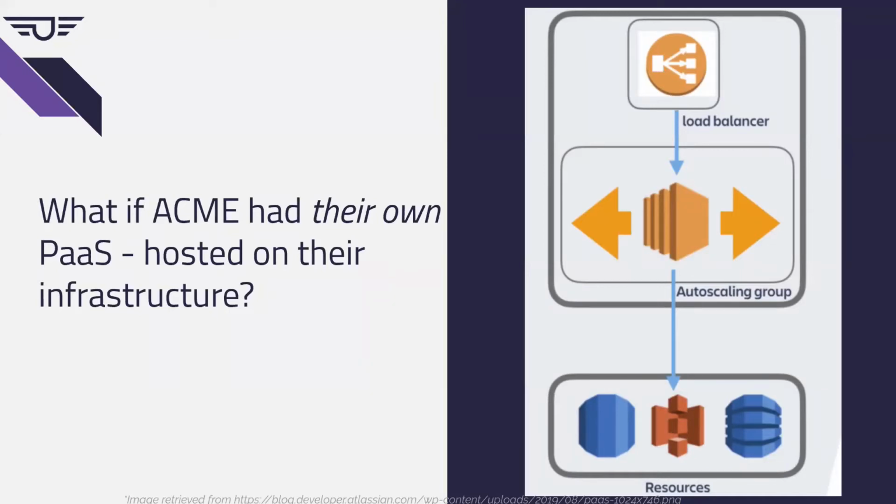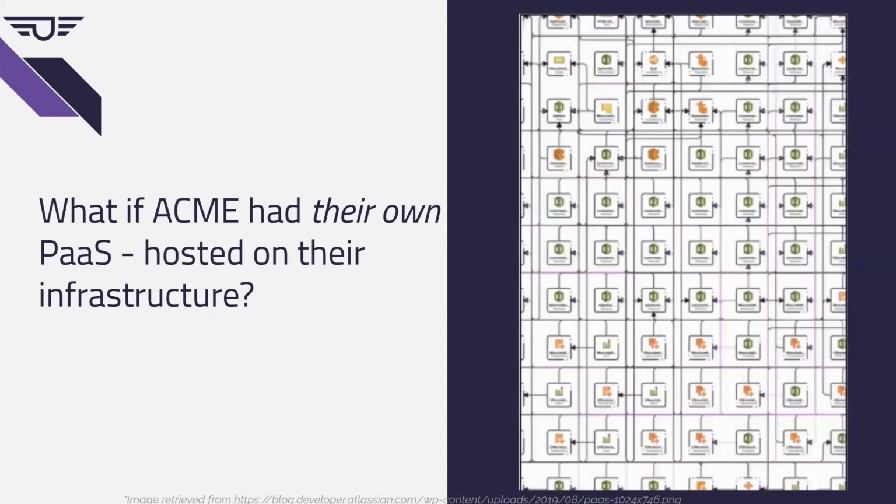The reasoning behind that is, as you initially set up infrastructure as a service offerings, you think that managing them will be as simple as setting up some load balancers, pointing them to an auto-scaling group of virtual machines, which then have access to your resources. However, the reality is that, especially as your application grows, this topology becomes increasingly complex to manage. It's difficult to track down exactly which